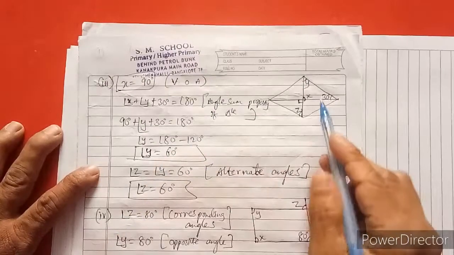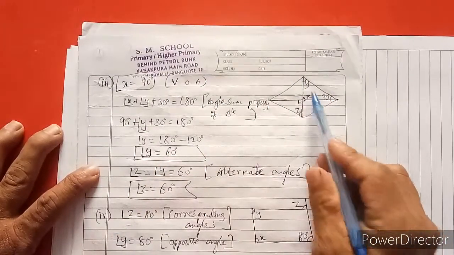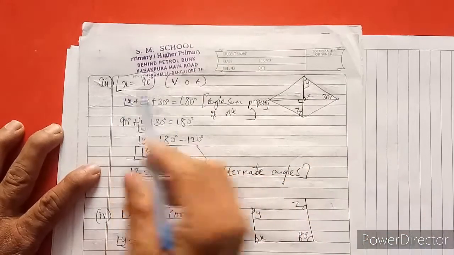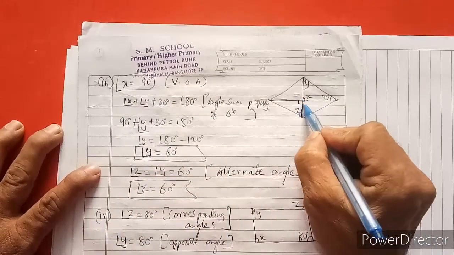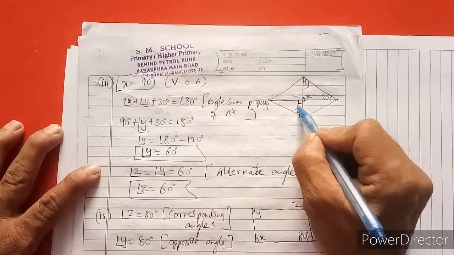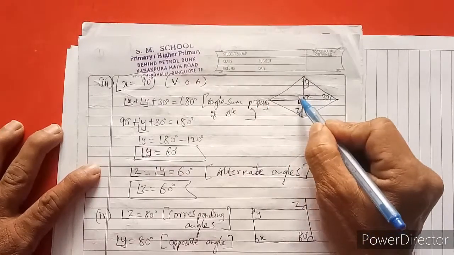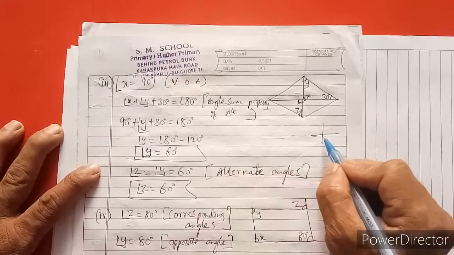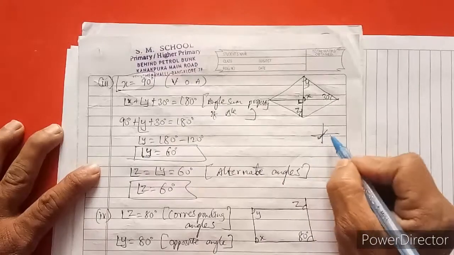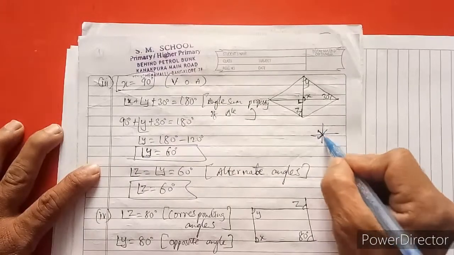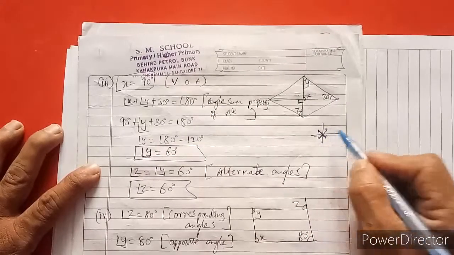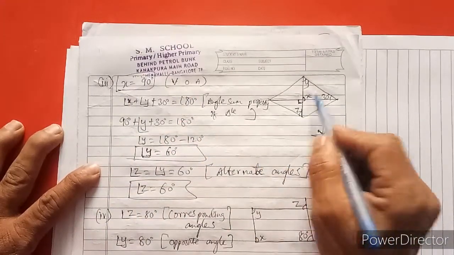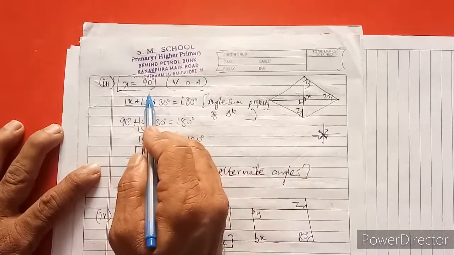Now here the third one, the given figure has angle x, angle y, angle z, and 30 degrees. We need to solve. Angle x is equal to, see, this angle is 90 degrees, given in the figure. The vertically opposite angle, this angle is equal to this angle, this angle is equal to this angle. We know that this is an X form. These are vertically opposite angles. This angle is 90 degrees, then x is also how much? 90 degrees, because that is for vertically opposite angles.